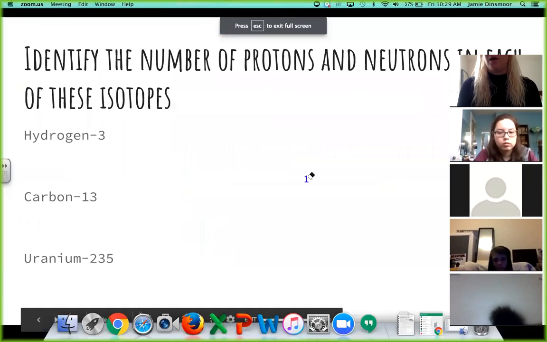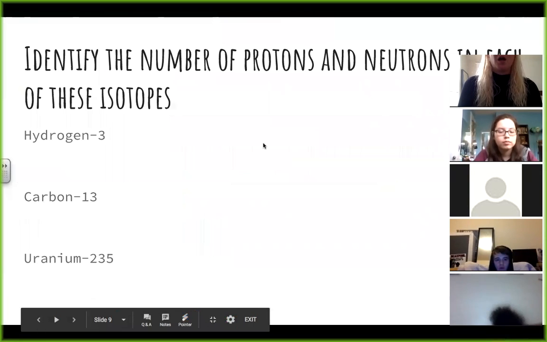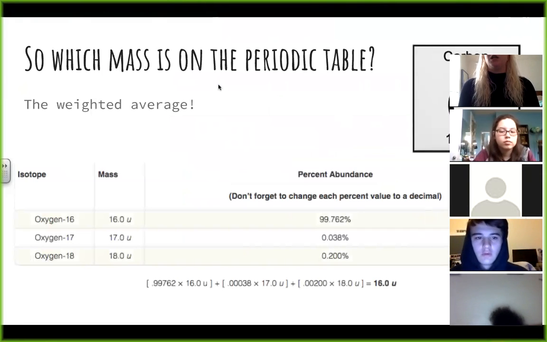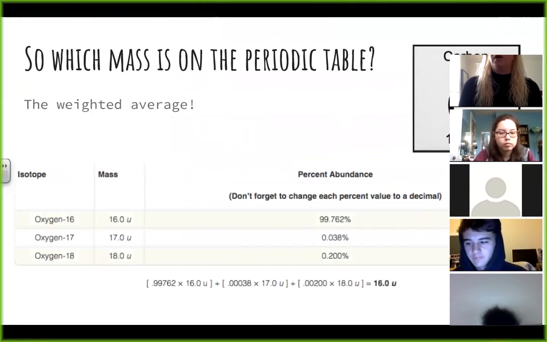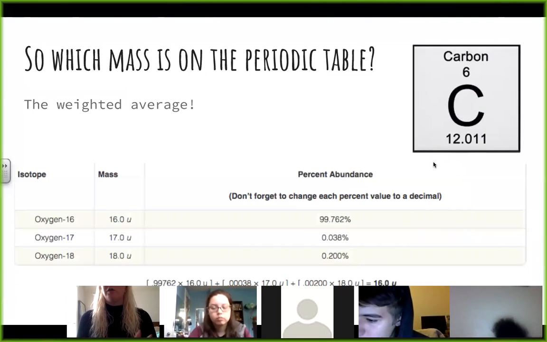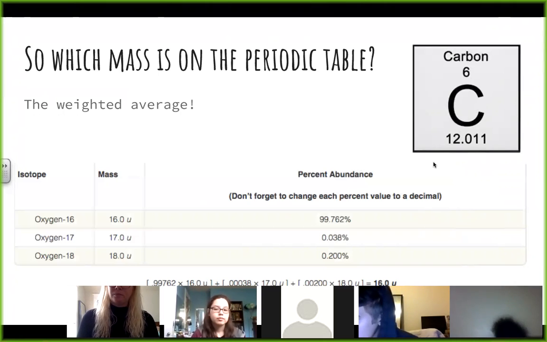So, how could this math get harder? Well, how could it not? The next part is, okay, how do they get the mass on the periodic table, right? It's 12 point something for carbon, right? All of them you see a decimal. And if you know that that is the protons and neutrons added, you should know there shouldn't be a decimal, right? Since when do neutrons come with extra mass? They don't. So this is a weighted average of all the different isotopes that exist, and it's weighted by